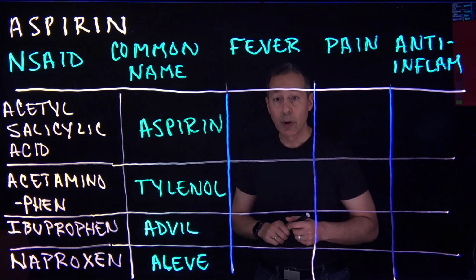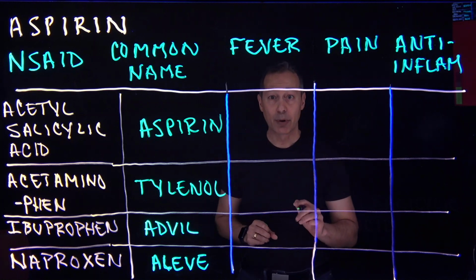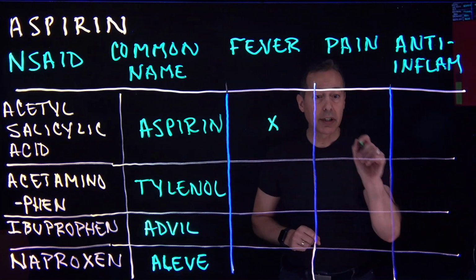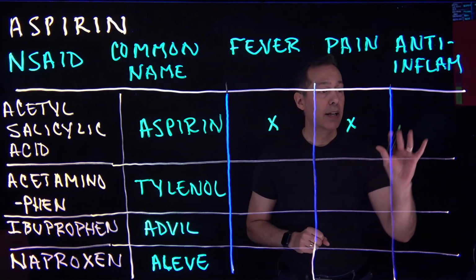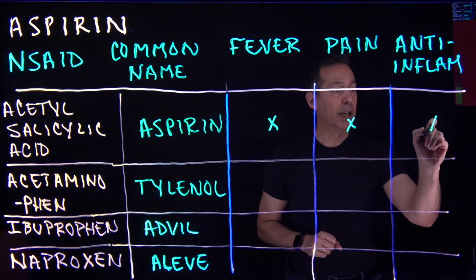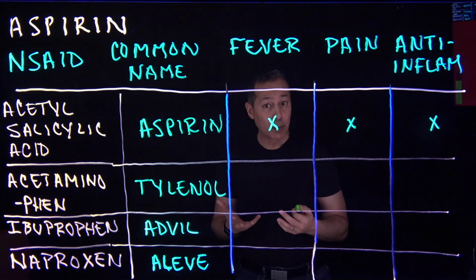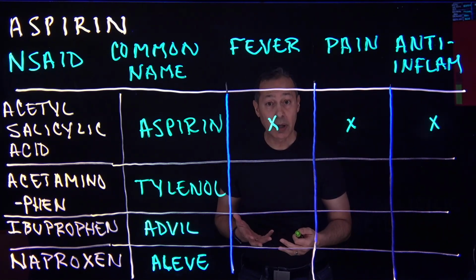Now, aspirin, we might recognize this as an antipyretic. It helps to reduce fever. It's an analgesic, and so it helps to reduce pain. It also helps to reduce inflammation. It does have that side effect of it can cause bleeding, it can be irritating to the stomach, and then